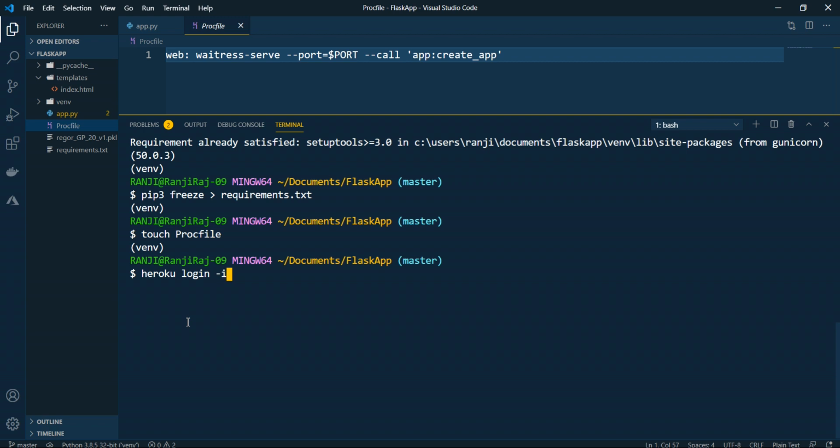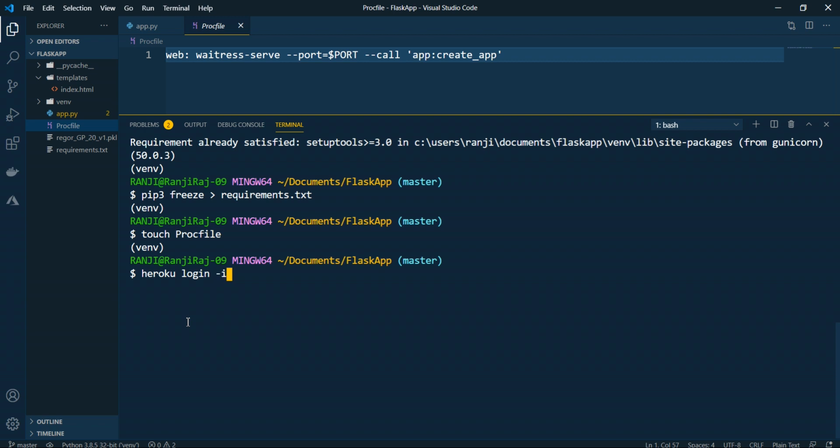So you write Heroku login and -i. The -i means you want to stay in the command line itself. If you don't want to stay in the command line, then when you enter Heroku login, it will go to a browser and ask for credentials for login.